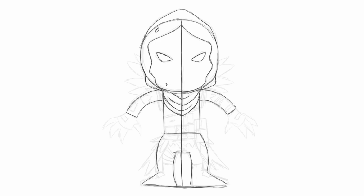So let's move on to the straps for his backpack. All you need is just kind of like a little box shape there that goes along the shoulder and under the arm. And the same on the other side. And coming out from those bag straps, we've got some ripped sleeves, so we have to have a bit of fun here. So it comes out, and then kind of like a zigzag ripped pattern, like that,